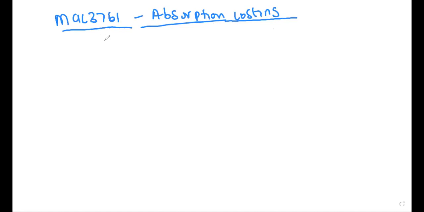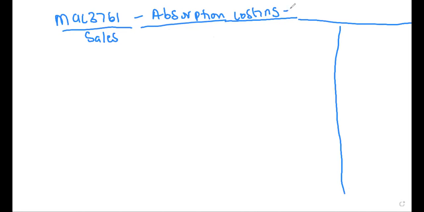Right, so let's look at the absorption costing. Which means we want to cost based on absorption costing. In your absorption costing, remember I talk about the structure. We say you need your sales. These are things that you know. As long as you are doing your costing using absorption or variable, then you have to. So which means I'm going to say less cost of